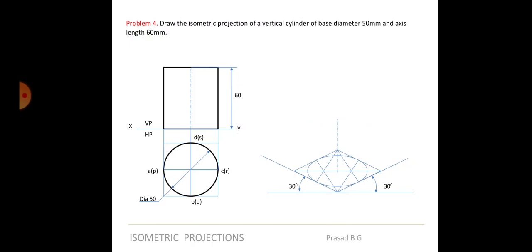Now if the same question was asked, draw the isometric projection of a vertical cone of base diameter 50 mm and axis 60 mm, but instead of cylinder, it's a cone. What you will do, you will do this base, everything. You will take the axis height and then it's very, very simple actually. It's a cone, right? So there is no need to draw the top surface. This is the apex. From here, you will draw a line tangent to this curve. You will draw one more line tangent to this curve. So that becomes a cone. Just like the pyramid, as I explained in the previous problem about the hexagonal pyramid and hexagonal prism, the same thing will apply for cylinder as well as cone.